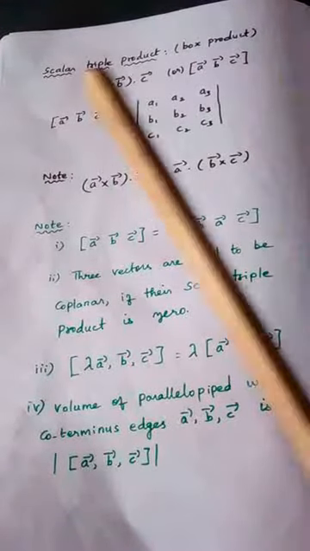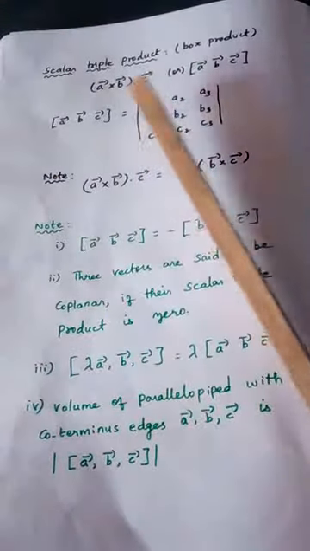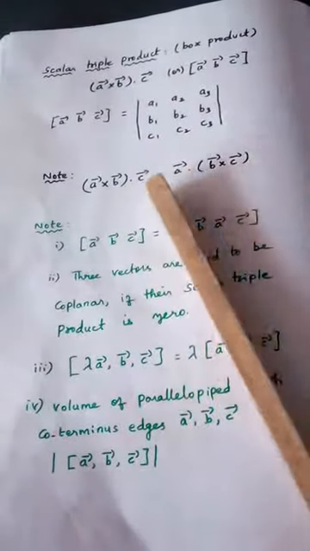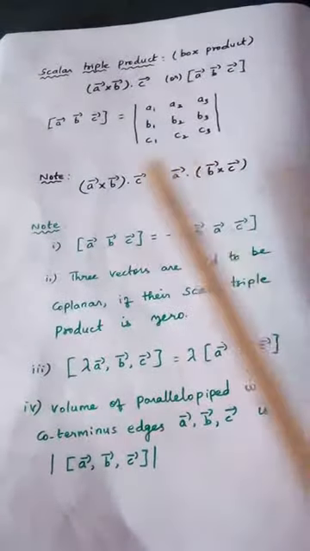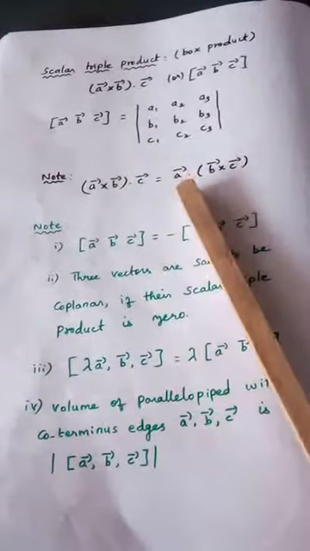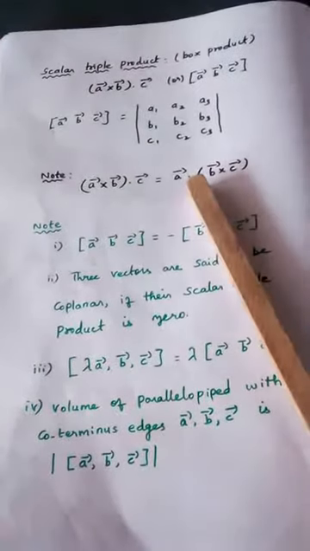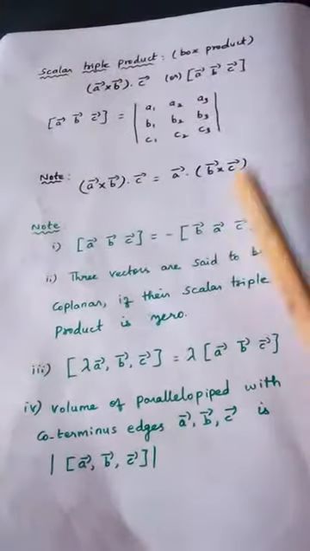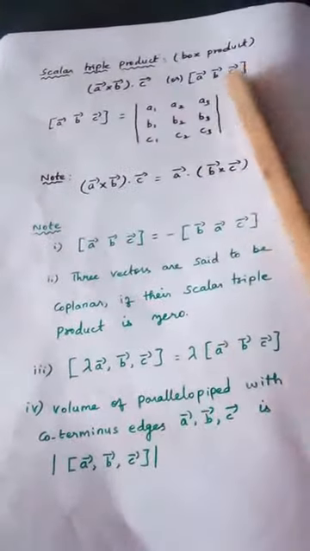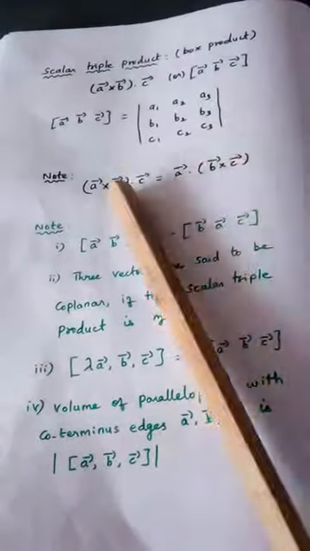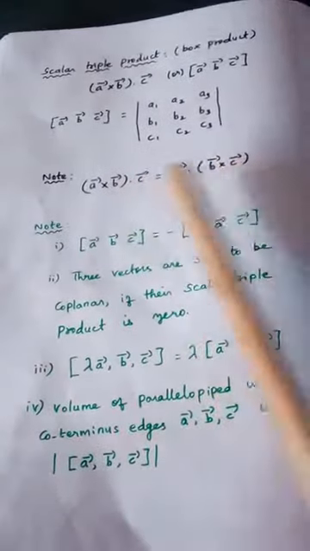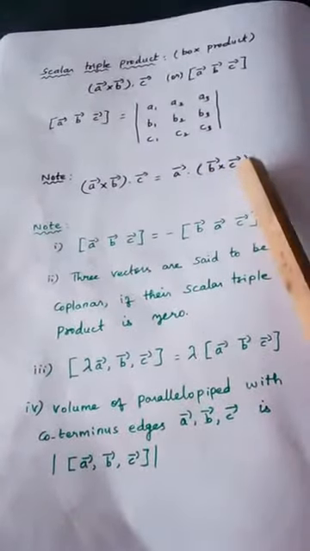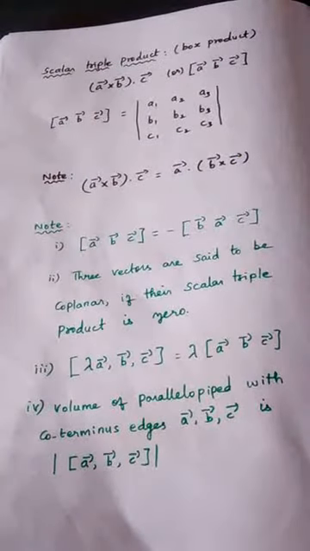Okay, now in the note, the scalar triple product can also be rewritten like this. I said cross, then dot. Even we can do it like this, A vector dot B cross C. This is also a scalar triple product. That is why I said many expansions are there for this. So even these two are going to give the same answer. So this can also be called a scalar triple product.